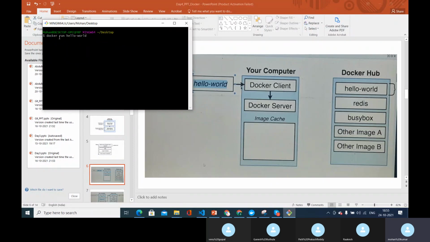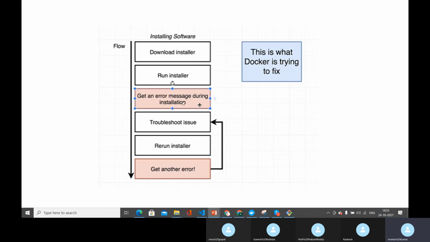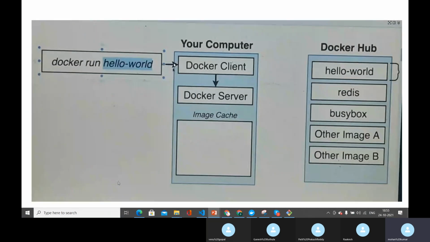Behind the hood, let's understand this very clearly. This is the command line that I'm giving: Docker run hello world. Hello world is an image, and run is used to convert this hello world image to a container.